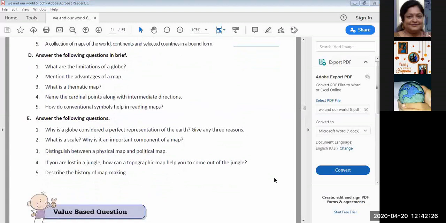Just a minute, what is this? What you have written, it shows the shape of the ocean and the continent correctly. This is 1 point, beta. 3 points we have to write. Sahash has written proper shape, North Pole, South Pole, their correct location of oceans. Okay, beta, we can go with it. Then it shows the shape of oceans. Okay. Now my question is, if you are lost in a jungle, how can a topographic map help you to come out of the jungle? Very important question.